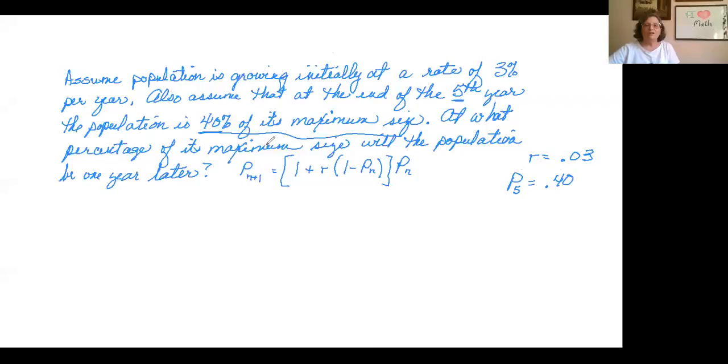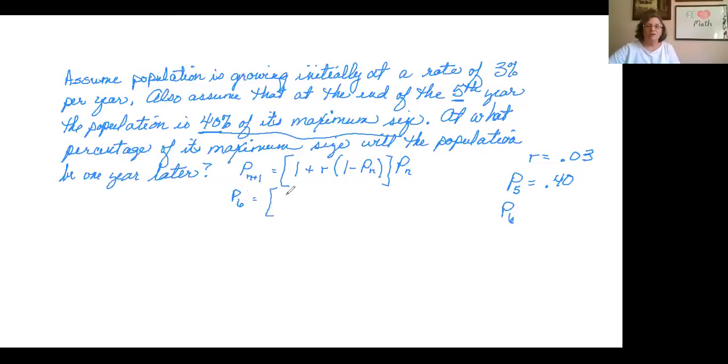At what new p-value, so p of n plus 1, is what we're looking for. We're looking for p of 6. Will the population be a year later? So p of 6, p sub 6,